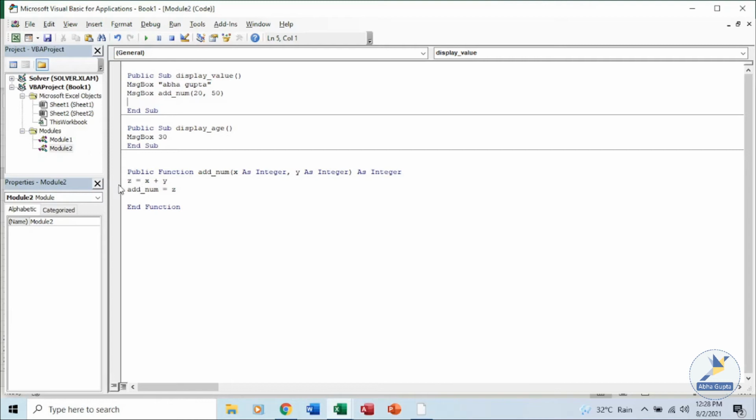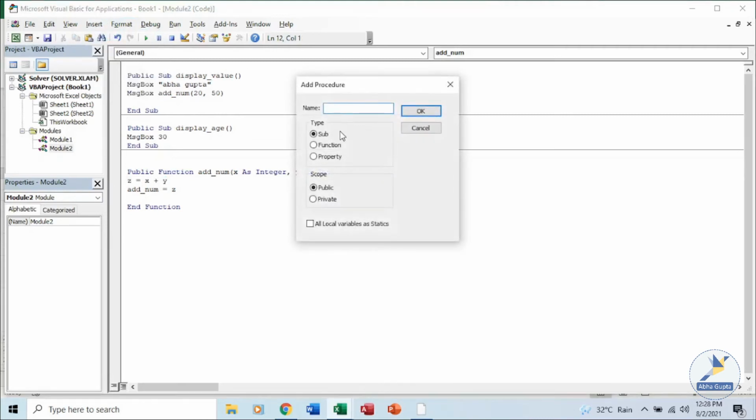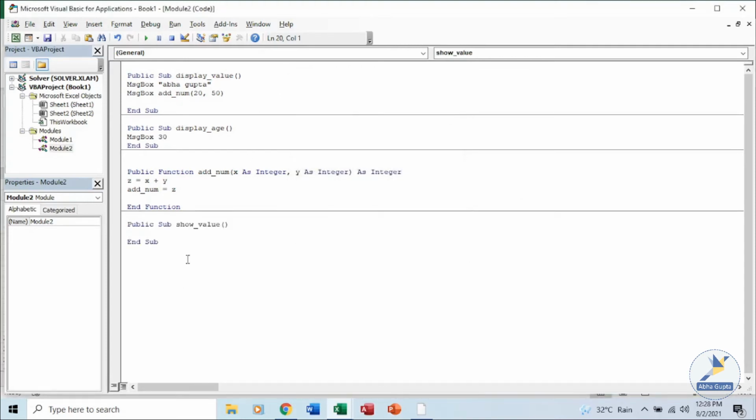Instead of saying z is equal to this, let's add one more sub over here. First, insert a procedure, say sub, say show value. We want to show the value. Click on OK. This is a sub which will show the value.